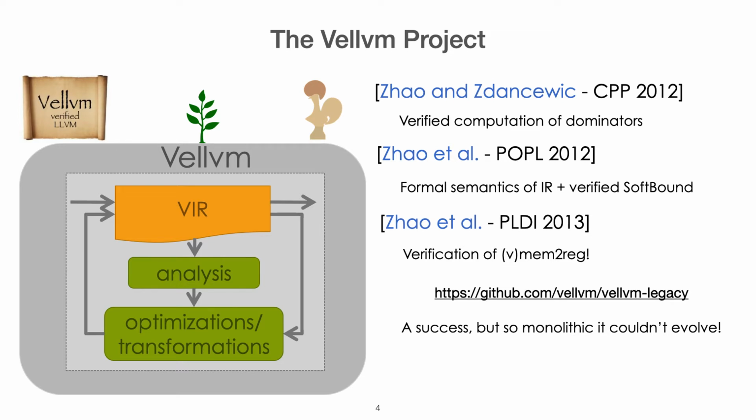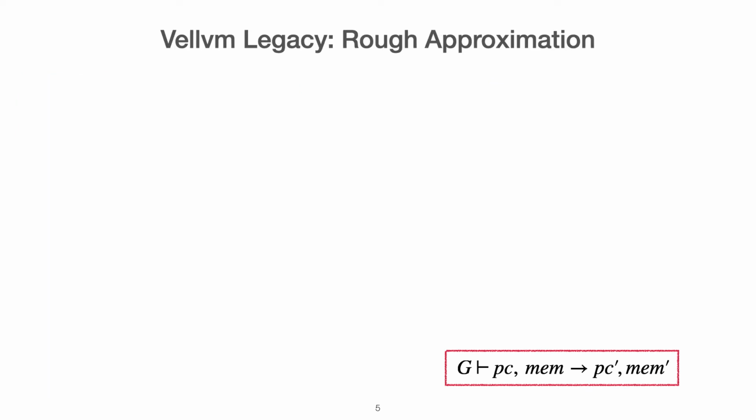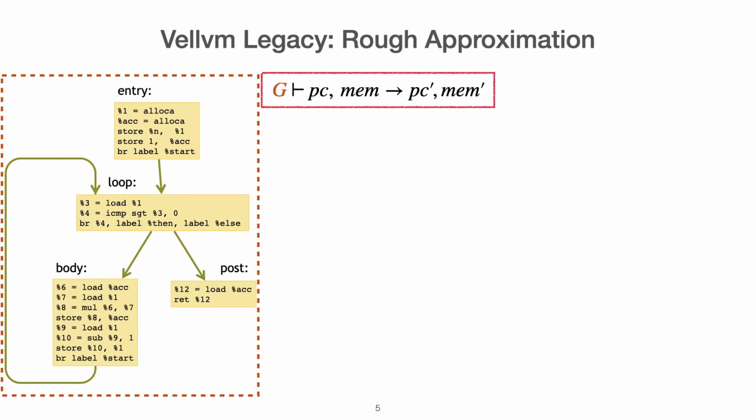There are of course many answers to such a difficult problem, but the angle in particular that we will take here is a semantic angle. So let me give you a very rough approximation of how the semantics of Vellvm used to be shaped. The idea is to be parameterized by the whole program with respect to which you are considering the semantics. Let's call it G for graph, and to use program counters to know dynamically where inside of this graph you are currently executing. Of course, you will also thread the memory.